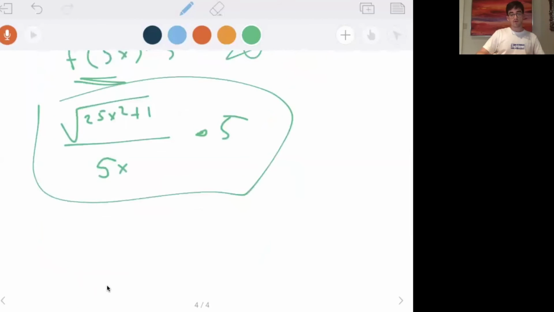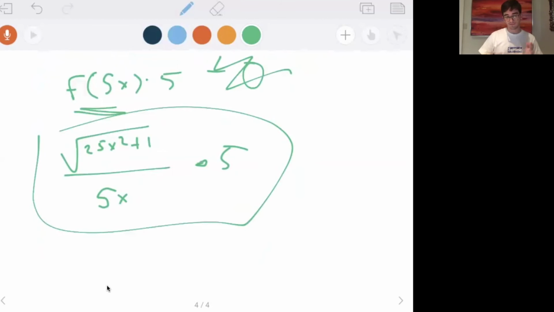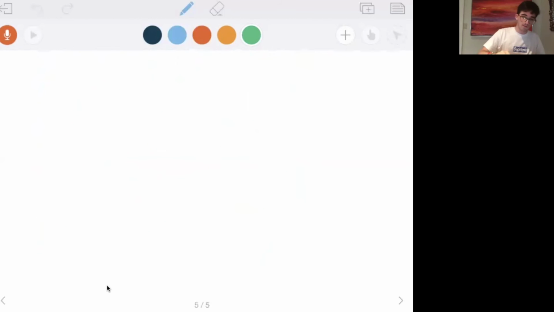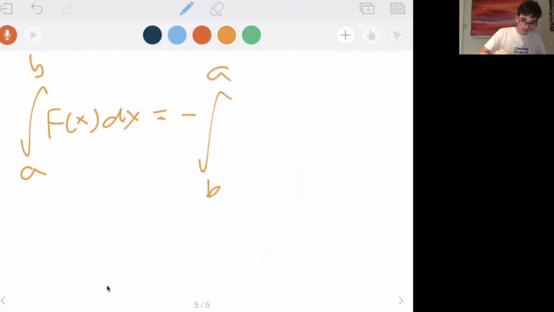Okay, so the next part that we're going to be looking at is something that I do a little bit differently than what you may have seen before. So let's just go right into it. You might have seen that the integral from a to b of f of x dx is equal to the negation of the integral from b to a of f of x dx. And this is absolutely true. One way you're going this way, the other way you're going that way, so it's going to be the negation of each other. However, I don't think it's that important to really pay attention to